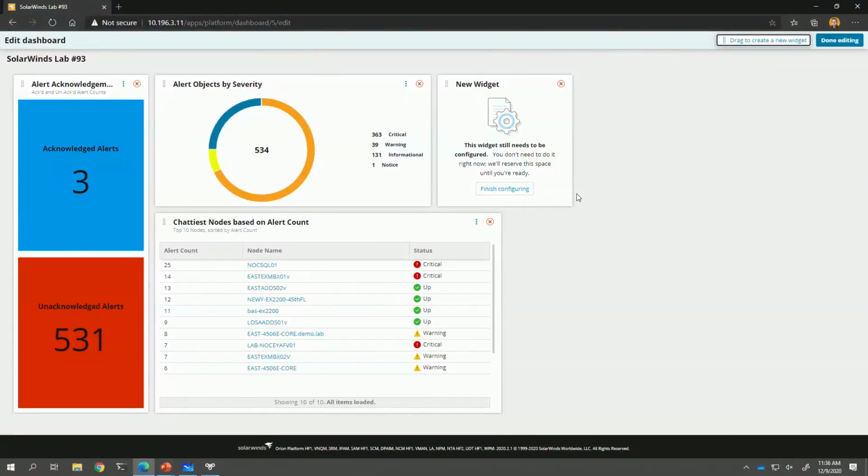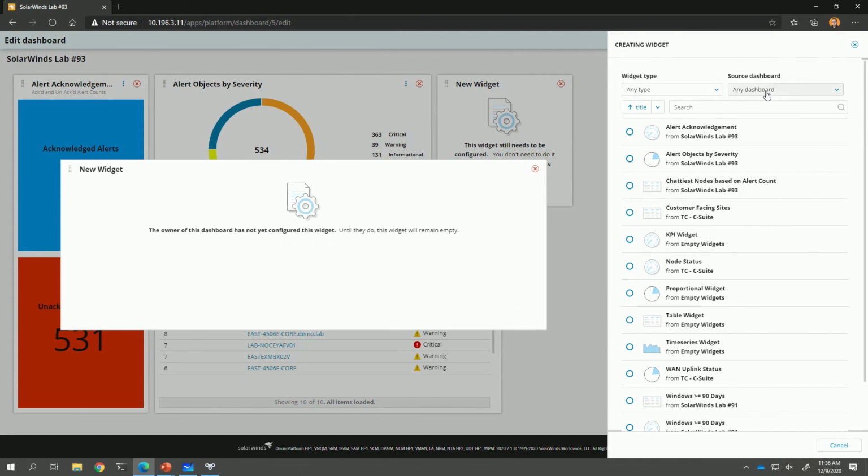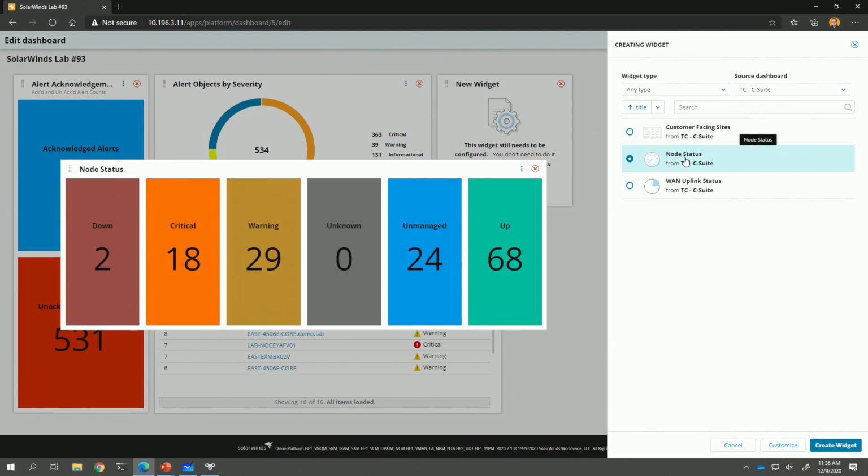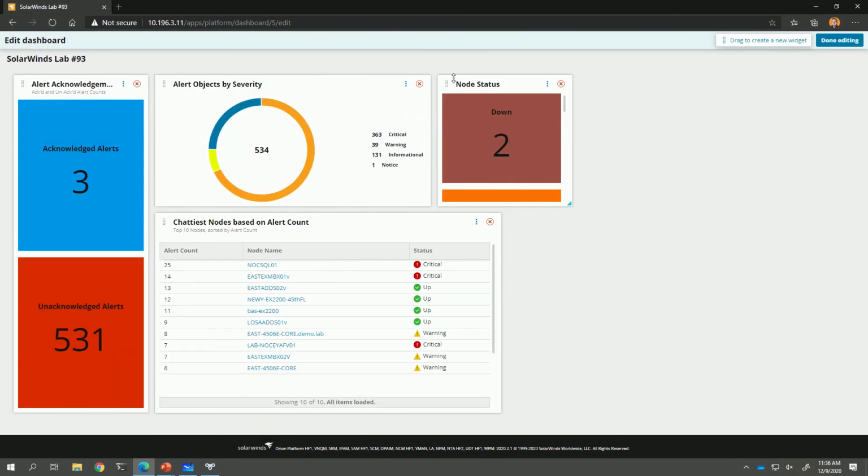And we've made sure we included that here in the modern dashboards. So if you noticed before, when I drag and drop a new widget, I say, cool, finish configuring. You notice this source up here where it says any dashboard? Well, maybe someone built one that was really good already. And this is one that was, these are a couple that were contributed by Crystal Taylor during one of her sessions. And maybe I want node status here. And I can click, get a little preview. Ooh, me likey. So I want that. So I'll create it. And that's it, it's done.